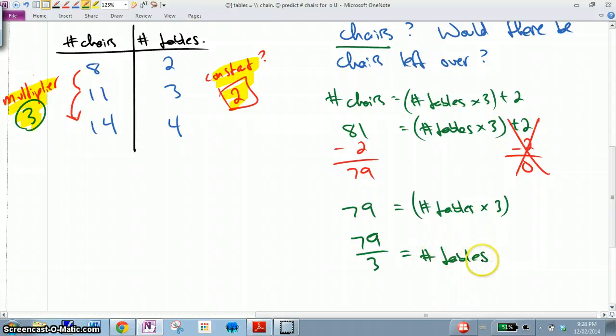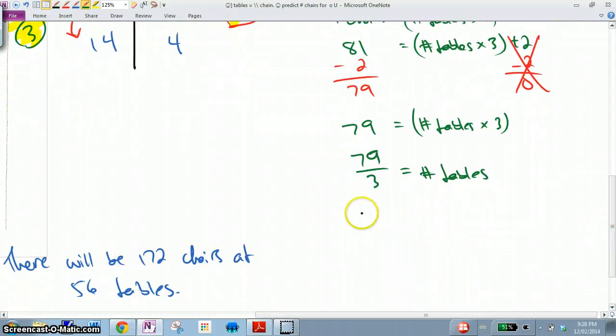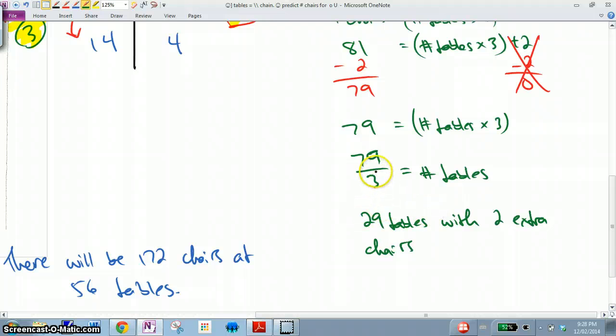And if you work that through, if you try it on your calculator, you'll see that we've got 29 tables with 2 extra chairs. Right, 3 goes into 79 29 times, so we've got 29 full tables. They will have a 2 on the ends, and we've got 2 chairs left over at the end. All right. Good luck with